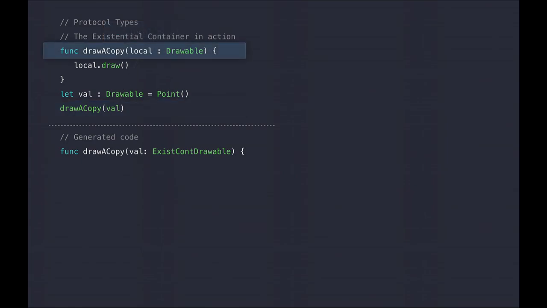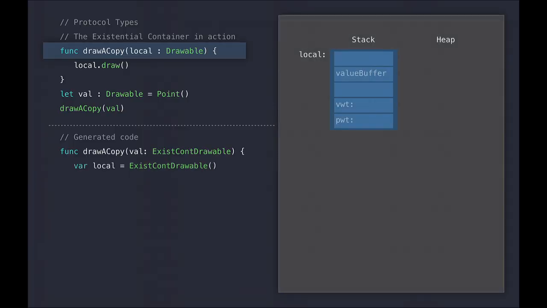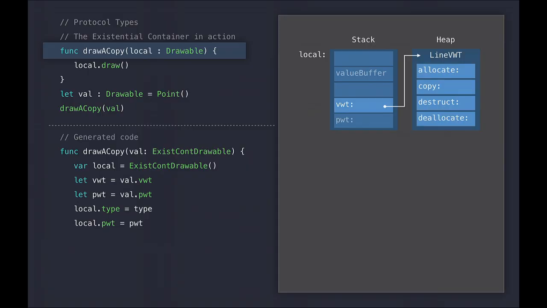And so in the generated code, Swift will allocate an existential container on the heap. Next, it will read the value witness table and the protocol witness table from the argument existential container and initialize the fields in the local existential container.